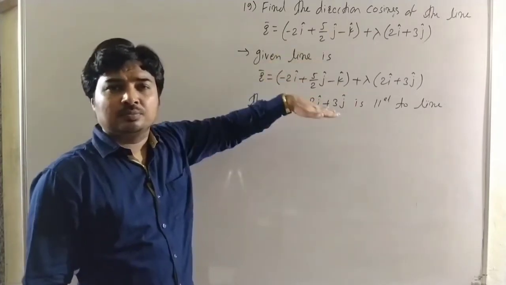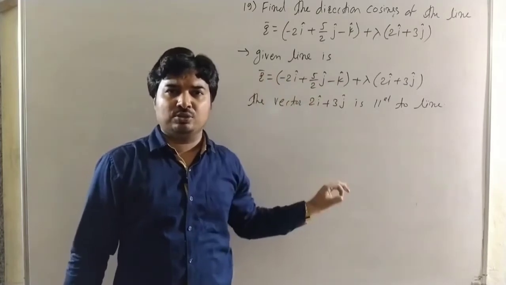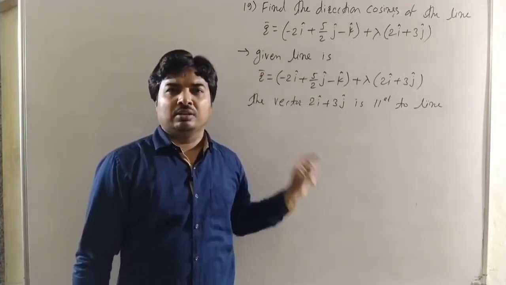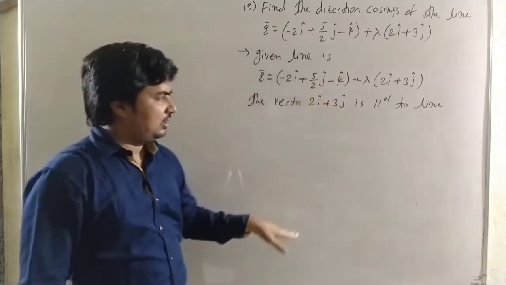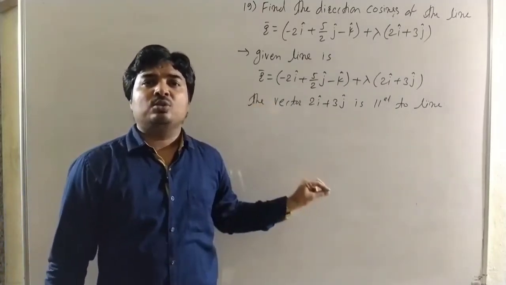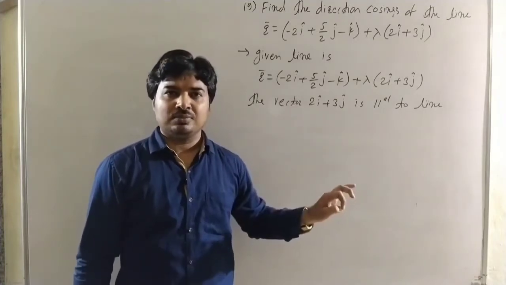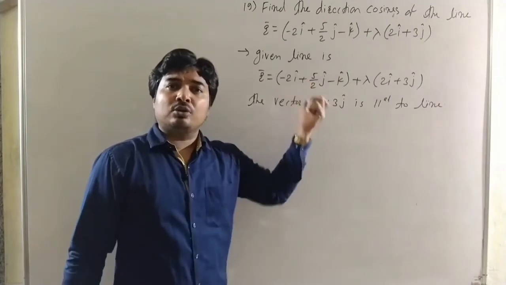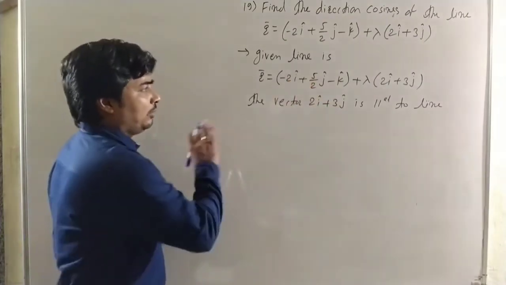Now, to find the direction cosines, the direction ratios of the line are 2, 3 and 0. We can find direction ratios, that is a, b, c, 2, 3 and 0. And from the direction ratios, we can find direction cosines, that is l, m and n, which are plus or minus a, b, c upon under root a square plus b square plus c square. That way we can find l, m and n. Also, we know that direction cosines are the components of the unit vector. So we can find the unit vector along this vector, and the components of the unit vector are also the direction cosines of the line. We can use any method.